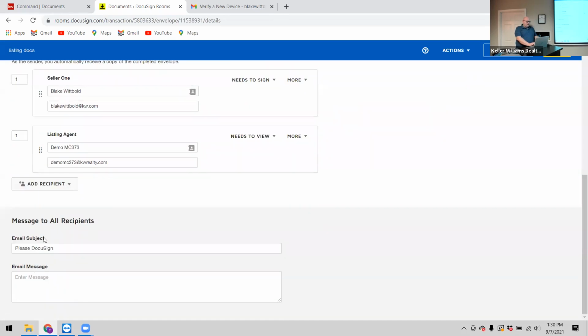And then down below, I can add in an email with an email subject. These are usually instructions on what to do. I will probably say something along the lines of,